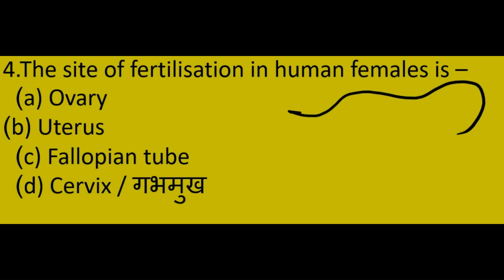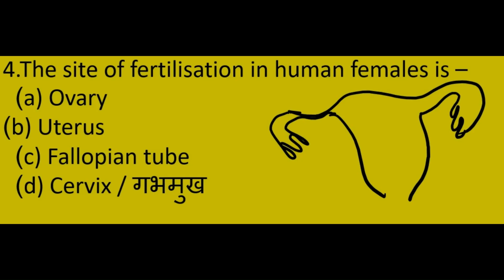We have these fallopian tubes here on both the sides. And then there is the uterus. Then there is cervix. So in all this, which is the site of fertilization in human females? So this comes fallopian tube,